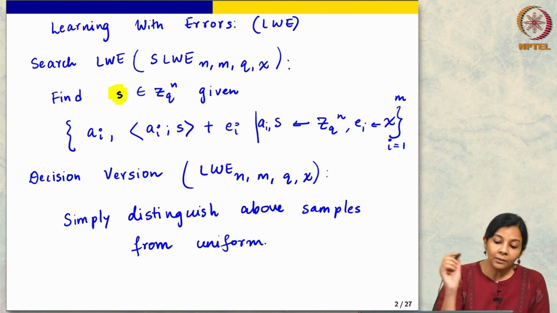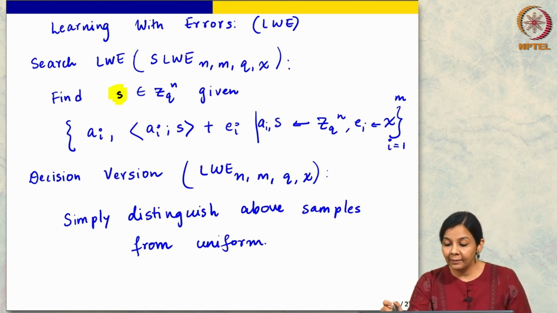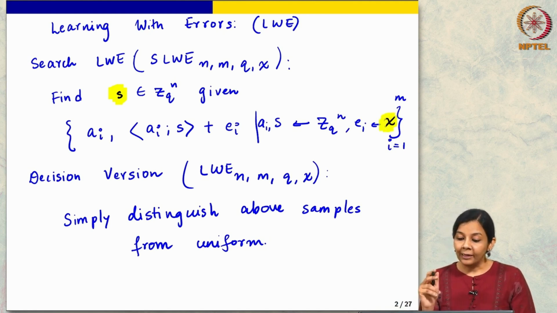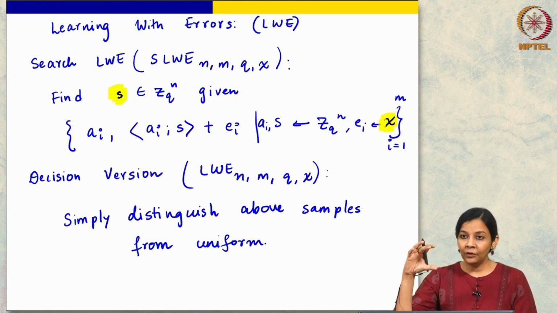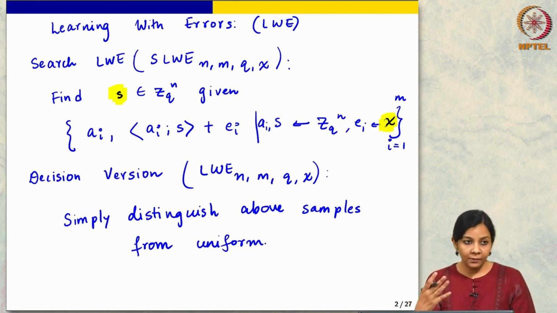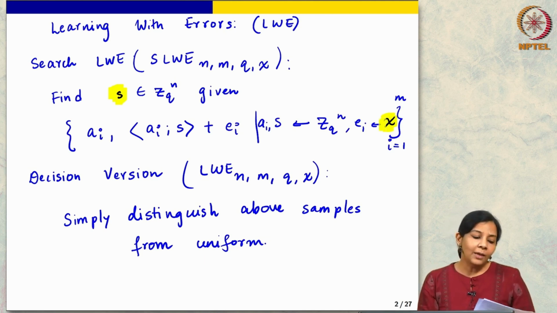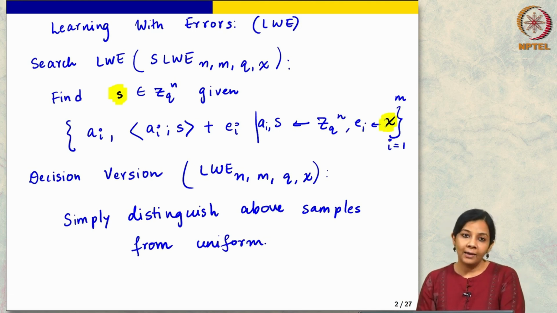Now, one important quantity here that I did not define is this distribution chi. So, everything else here is defined, right. So, n is the dimension of the vector, m is the number of samples I am giving you, right, and chi is a distribution from which I take the error. So, how should I choose this error? Obviously it has to be something small. Now, can you tell me why it should be small? For instance, why can I not choose e_i from